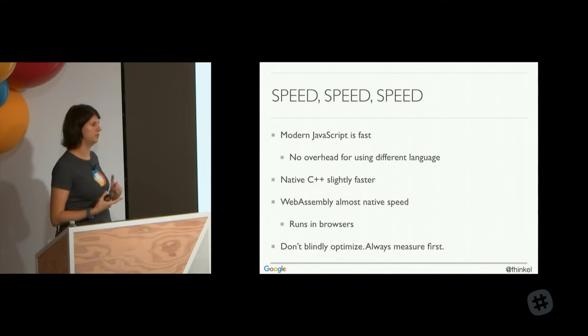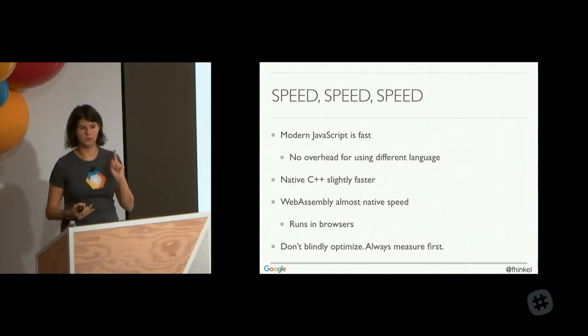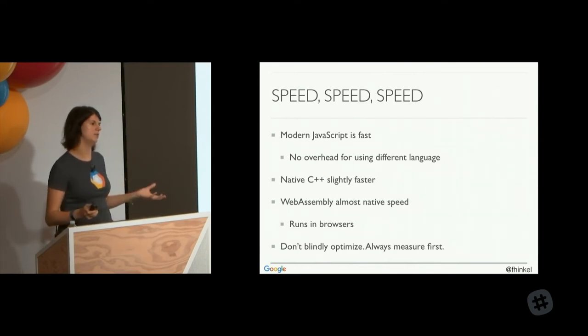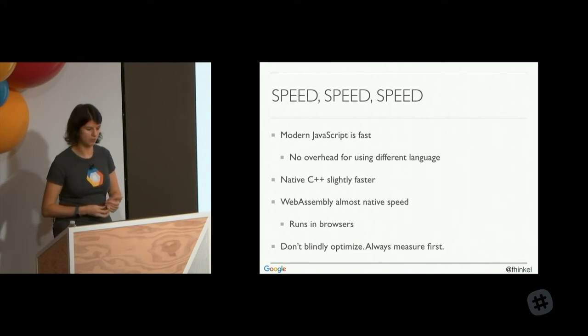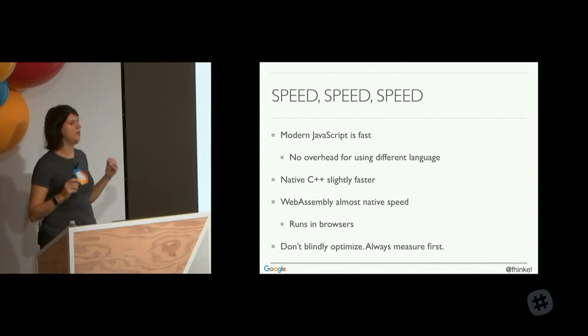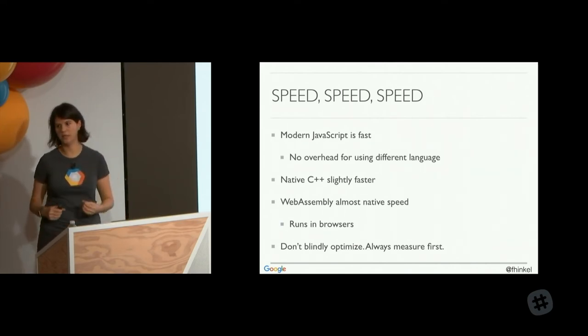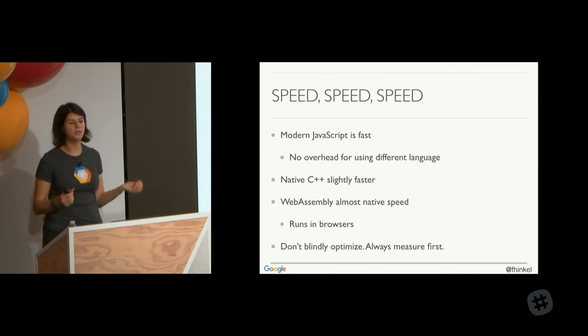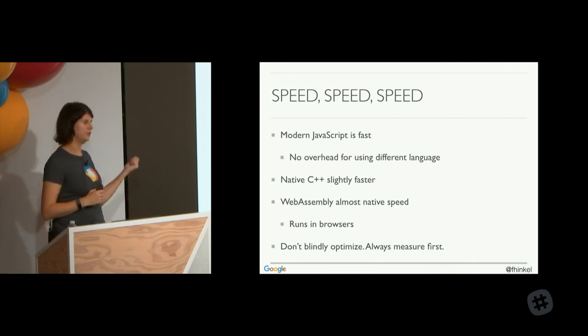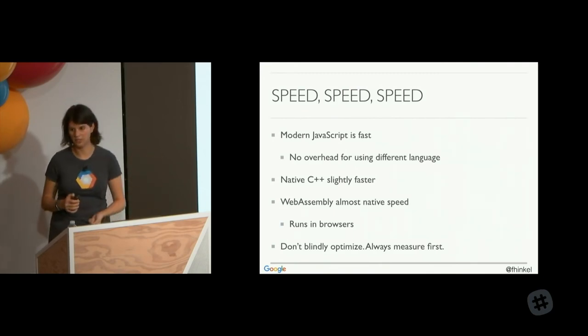You don't have to worry about a different syntax. You don't have to worry about build tools or your CI. Just keep everything in JavaScript. It's almost as fast as C++, and it's probably good enough for what you're doing. If you are in these rare cases where you really need that performance, and yes, pretty much all apps should be faster, especially if you're on slow Wi-Fi, but that's not solved by changing from JavaScript to C++. It's probably because you're doing the wrong HTTP calls, or you're sending pictures that are too big, or your database is too slow.